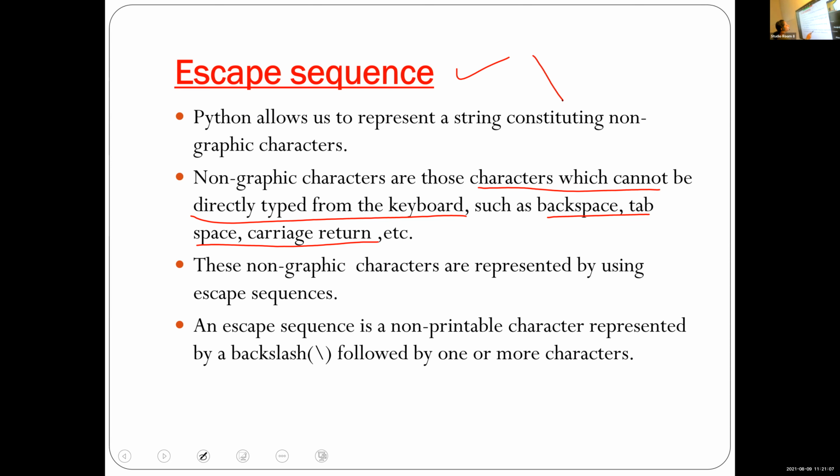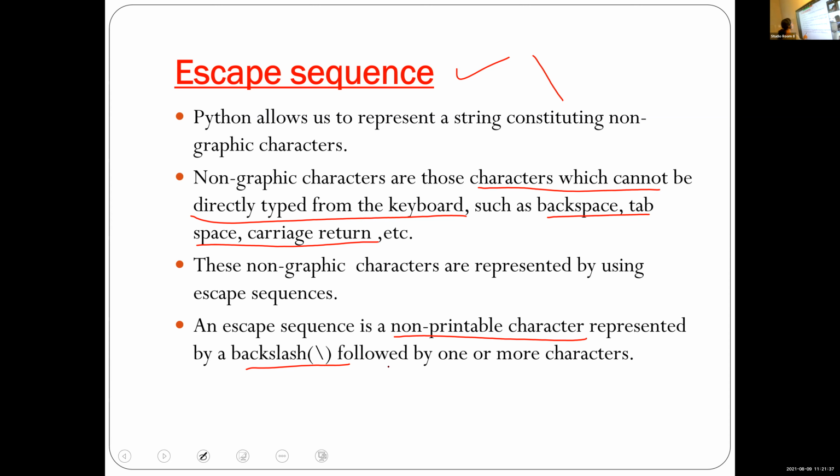An escape sequence is a non-printable character represented by a backslash. All of you switch on the video. All these non-graphic characters are represented by using escape sequences.